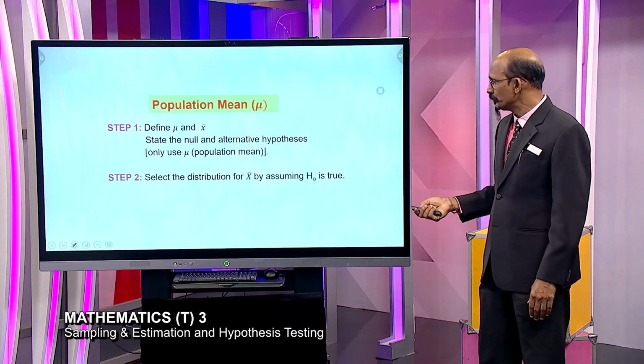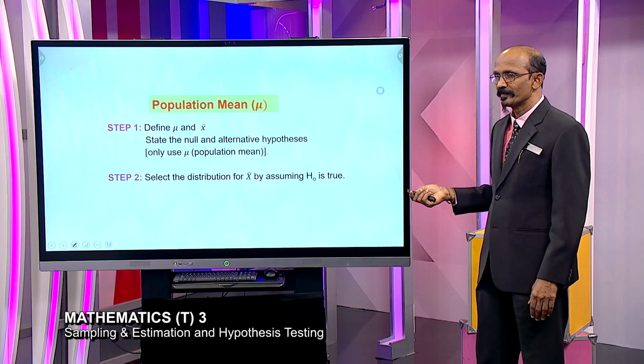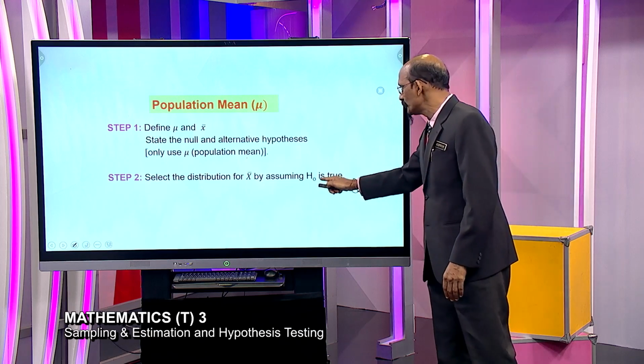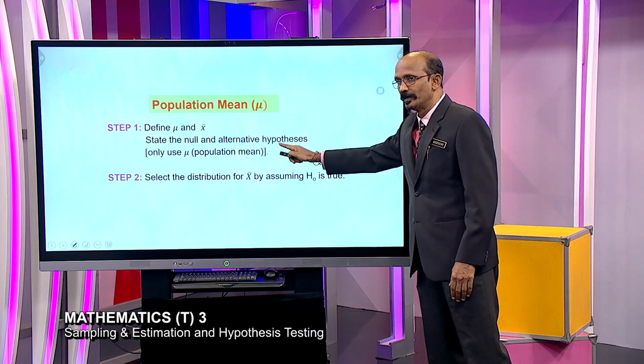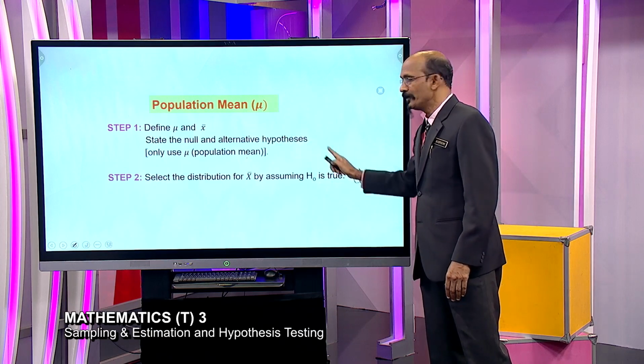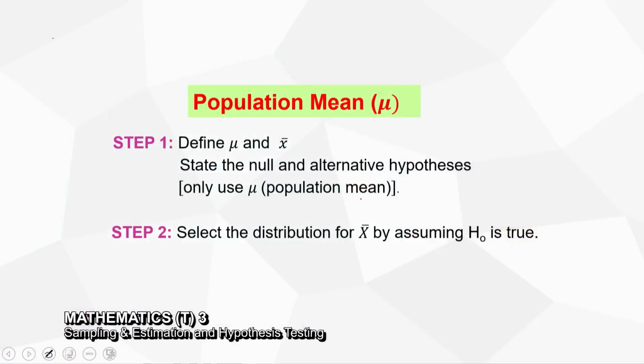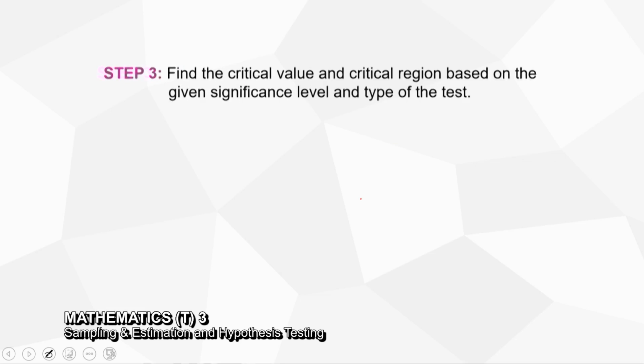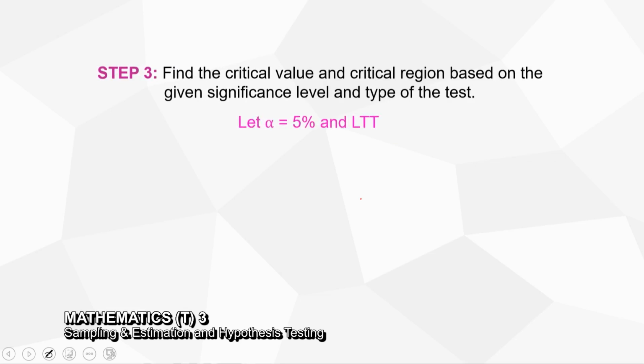In step 2, select the distribution by assuming H0 is true. This is our H0 and H1, but here we assume the H0 to be true. Then in step 3, we need to find the critical value and critical region based on the significance level and